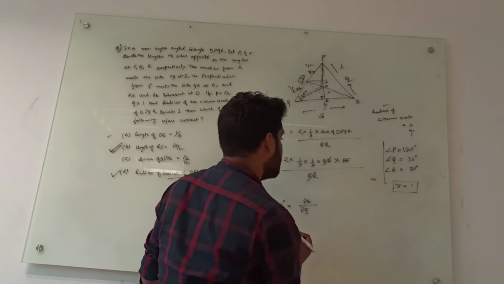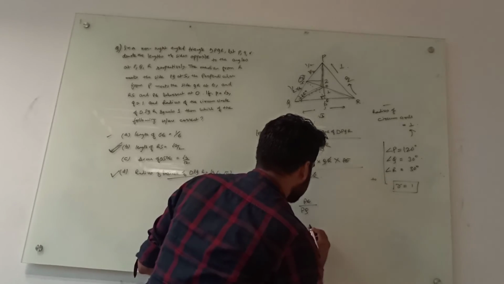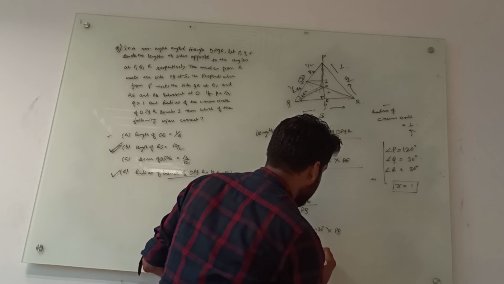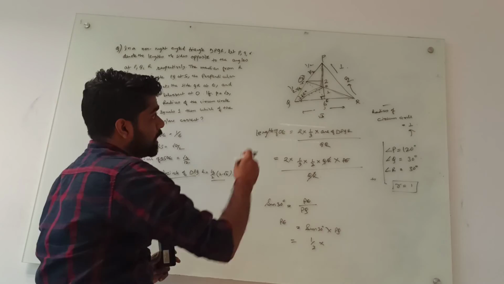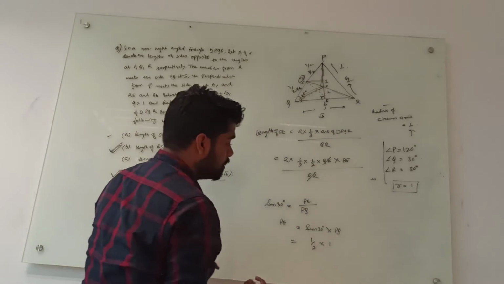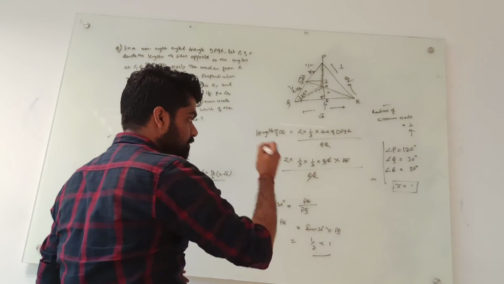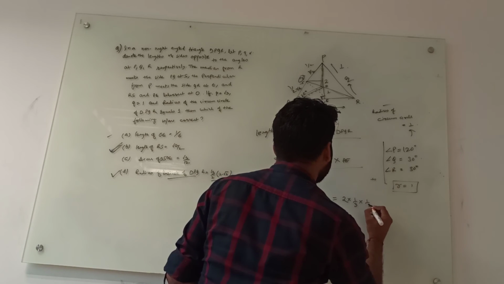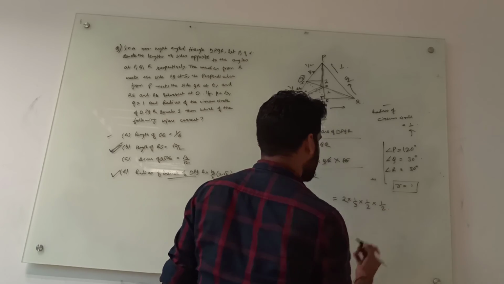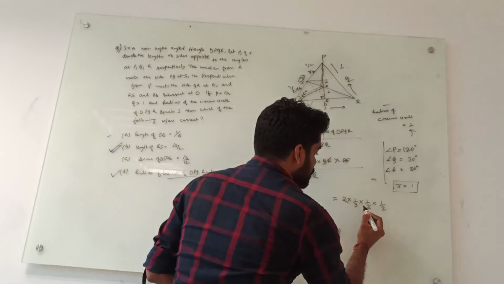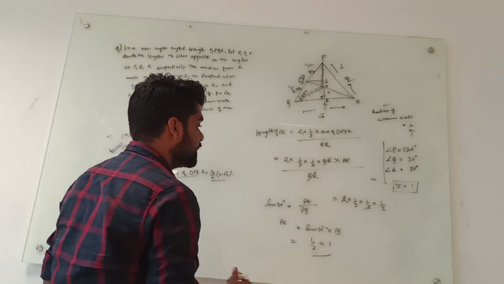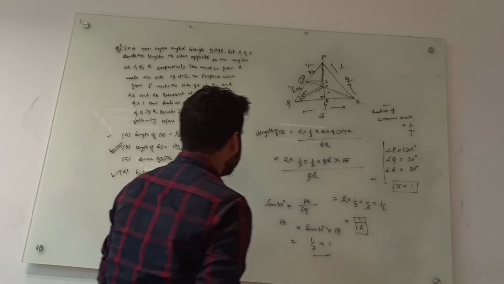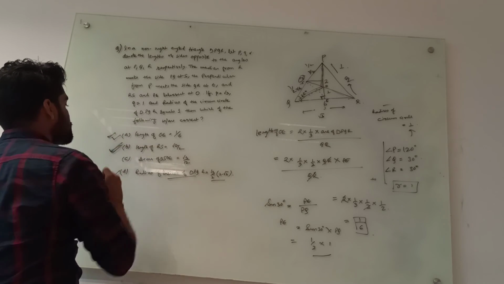So what will be the value of PE? The value of PE will be nothing but sine 30 into PQ. So it will be half into the value of PQ. The value of PQ is nothing but 1. So it is coming as half. So we'll substitute the same thing. So it will be 2 into 1 by 3 into 1 by 2 into 1 by 2. So how much is it coming? 2 and 2 are getting cancelled, and we are getting the length of OE as 1 by 6. So you can see our first option is also satisfied.